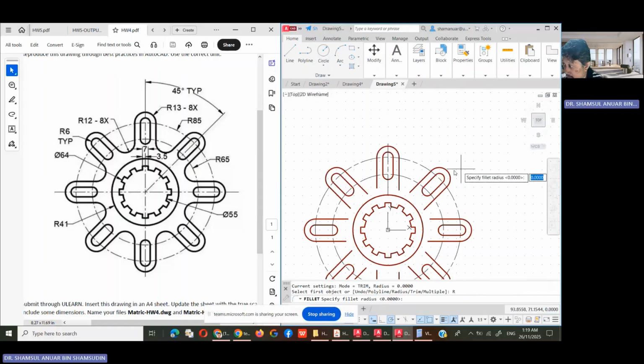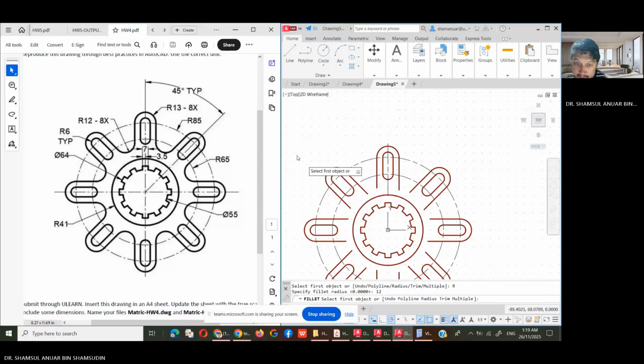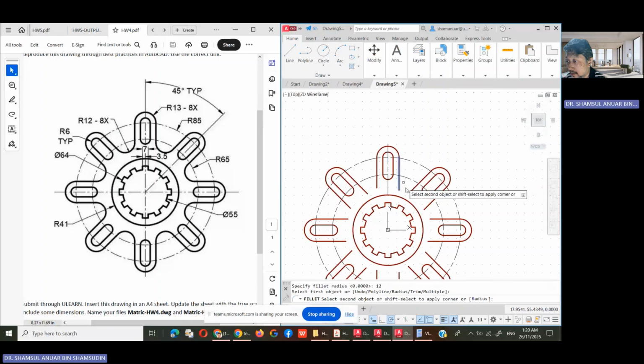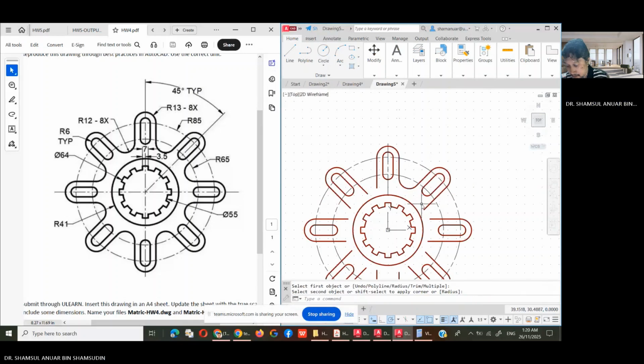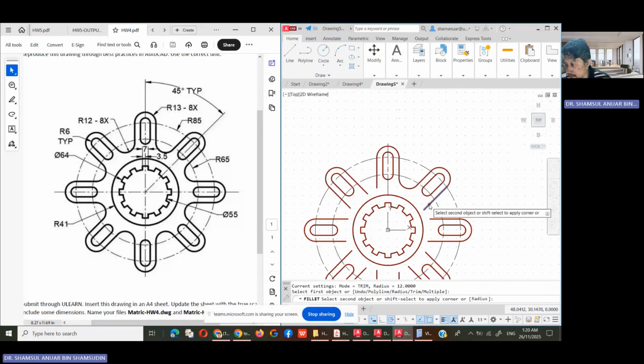center edges to 12, from this one up 12, that's 18x. Okay, so here can select this one. So hit spacebar, select this, spacebar,